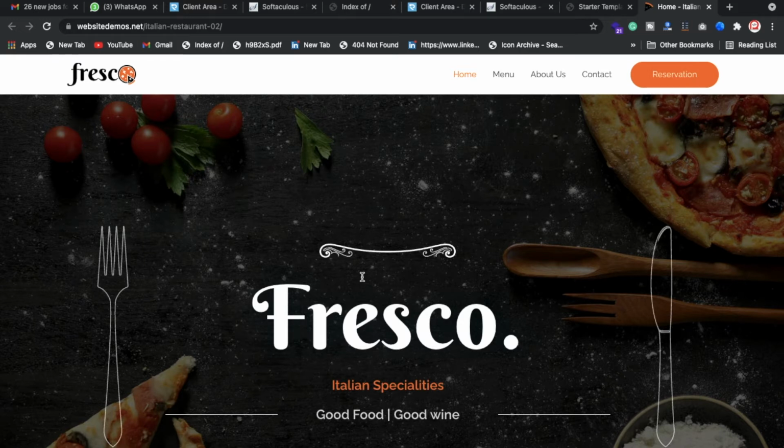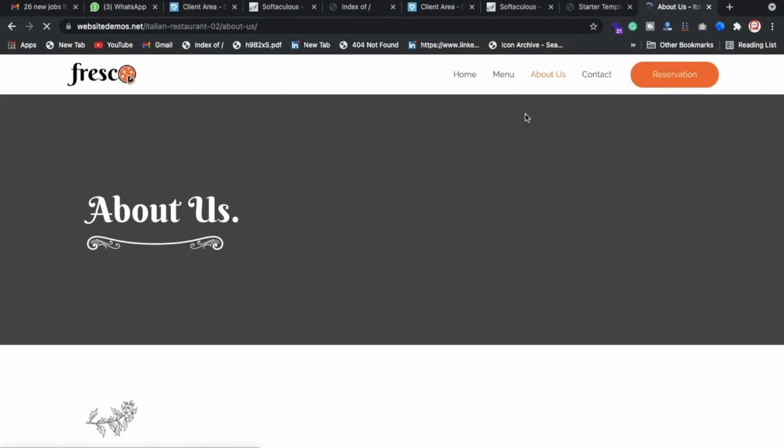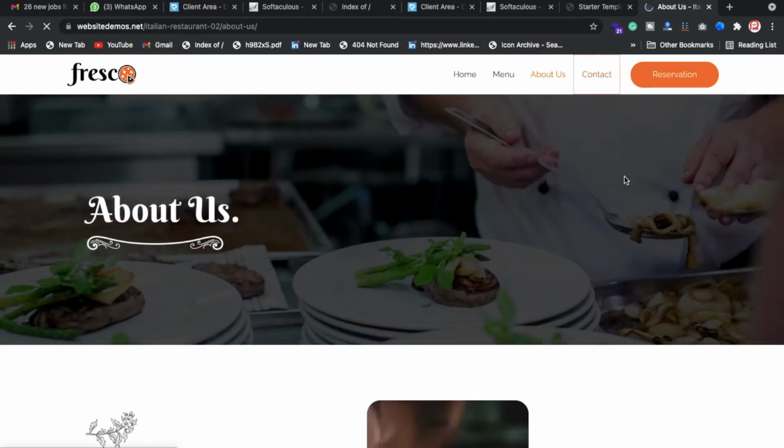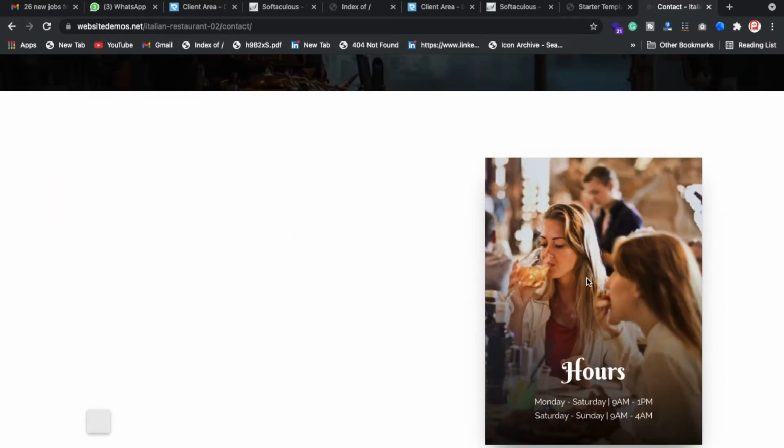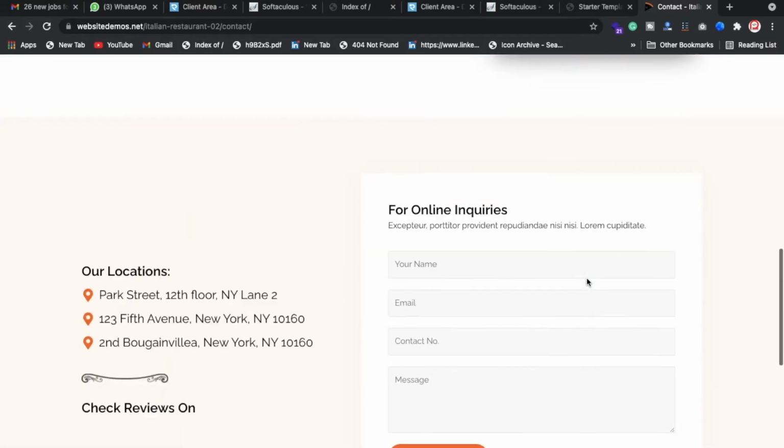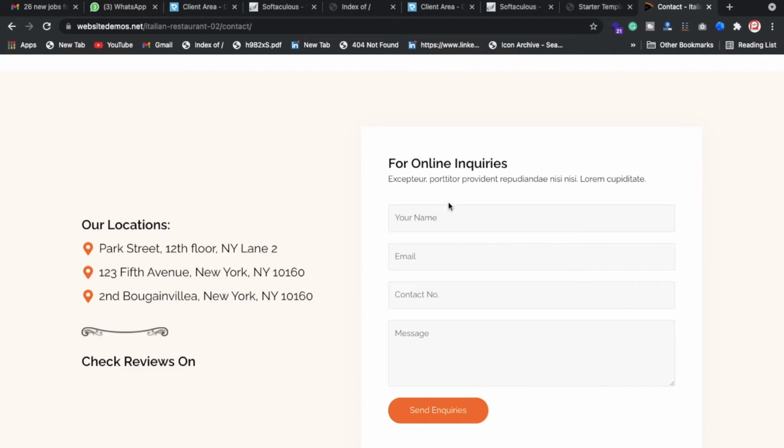Okay, so here you can check, we have the logo, we have the menu, and we have the reservation button also. And in the sections we have an about page, we have the menu, we have the contact page. If someone wants to make contact, anyone can click directly on contact. And here we also have the information related to the form, and of course any inquiry, any information anyone needs, so definitely they can contact directly.